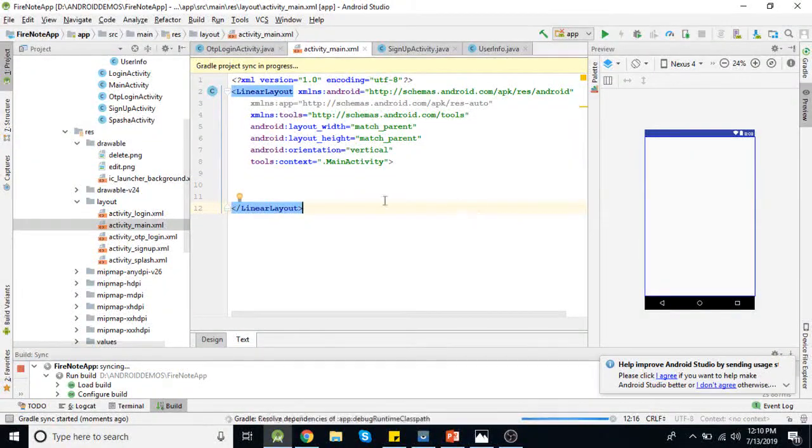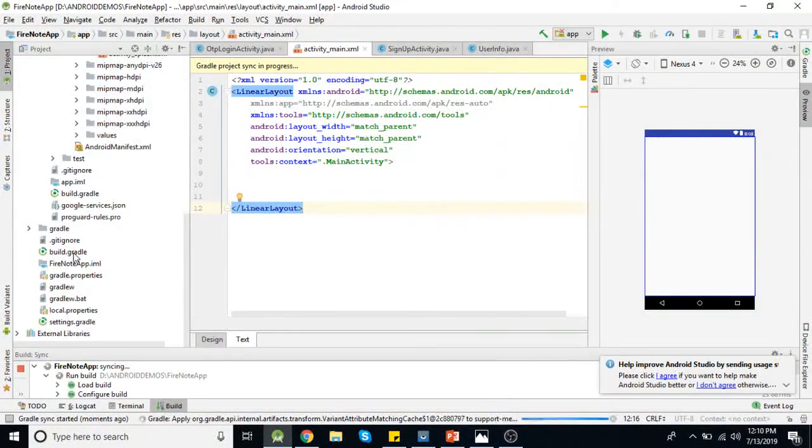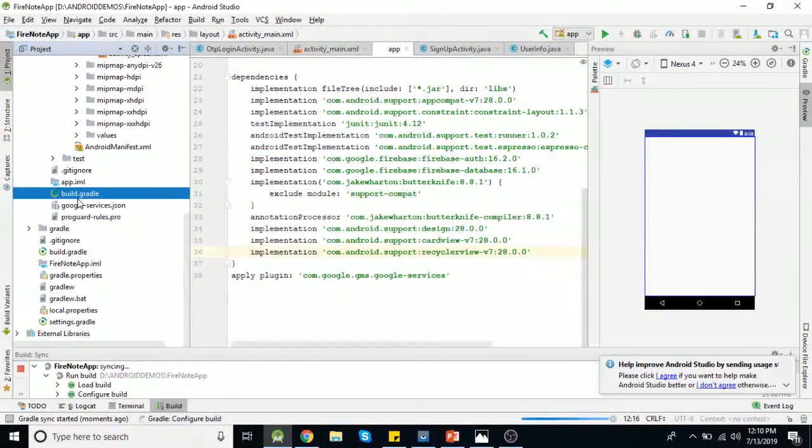When you add those dependencies, you can see here in this build.gradle file, those dependencies were added here.